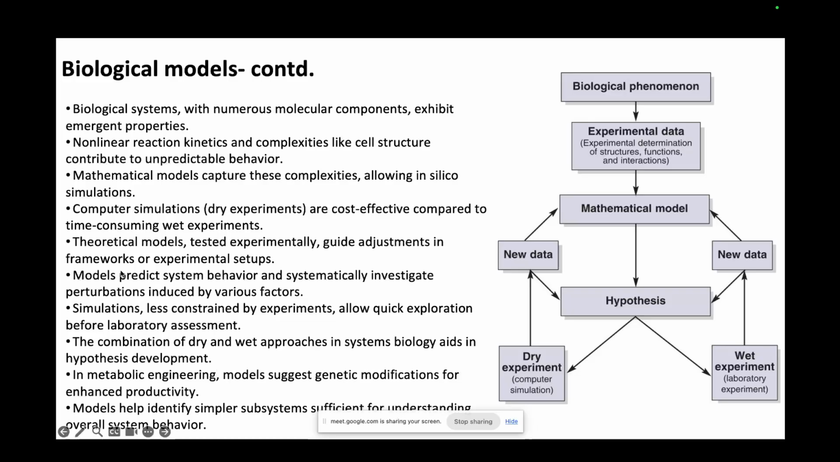And theoretical models tested experimentally guide adjustments in framework or experiment setups and simulations. And models predict system behavior and systematically investigate perturbations induced by these various factors. And the combination of these dry and wet lab approaches in systems biology aids in hypothesis development. And there are a set of